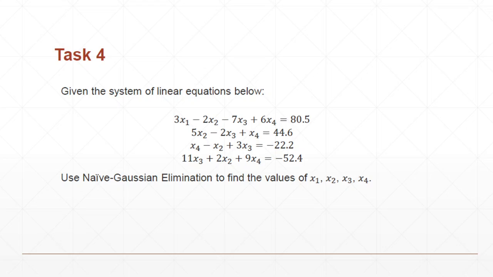So let's start working with task 4 now. Here we are given some linear equations and we have to solve these by using Naive-Gaussian elimination to find the values of x1, x2, x3 and x4. So if we first write it down in the augmented matrix form,